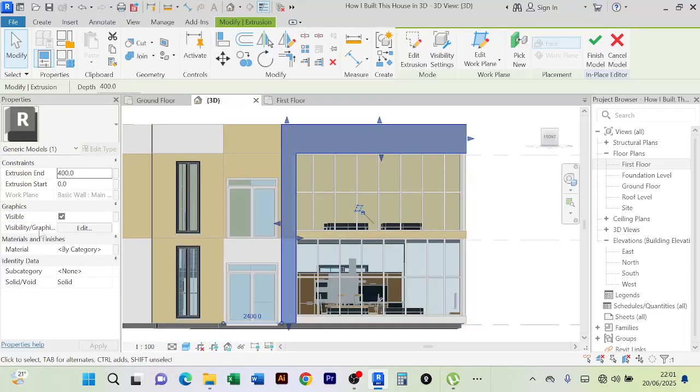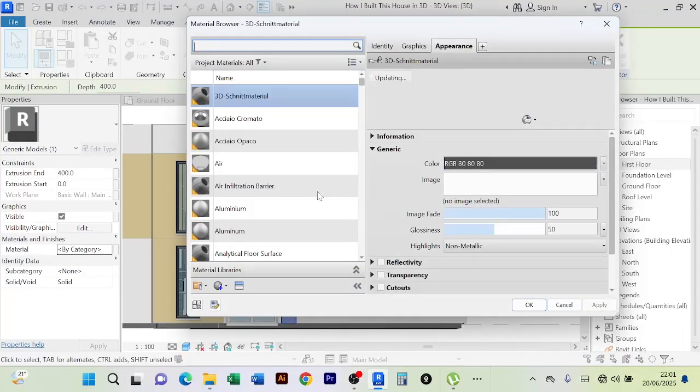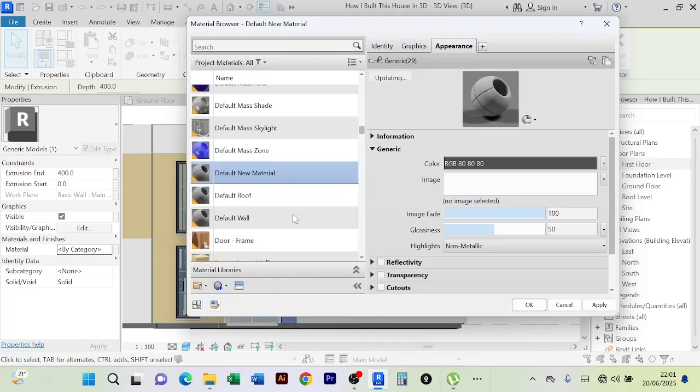Then from the properties, we are going to give it material. Let's first open the material from here. We shall create material the same way we created material for the wall and the floors. So click here, you create a new material, then you rename it. I'm going to rename it as, let's say, we had our brown color. We are going to go with